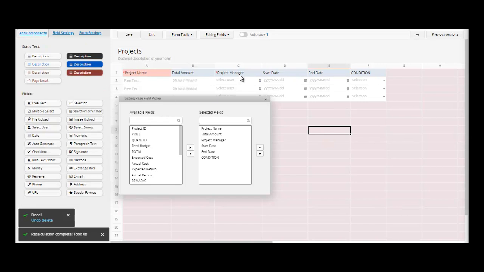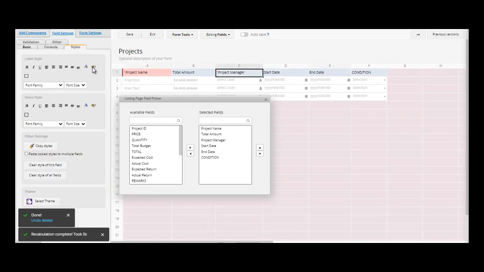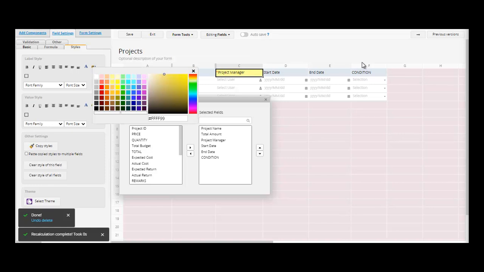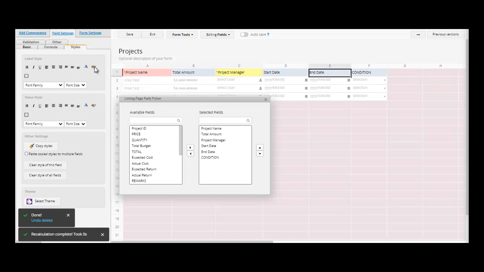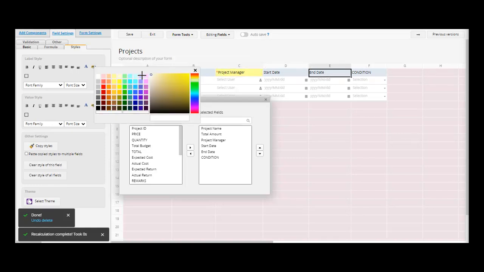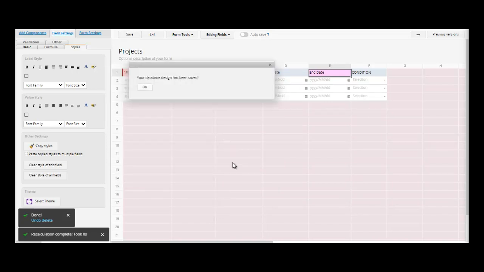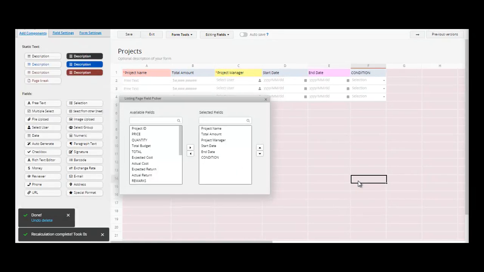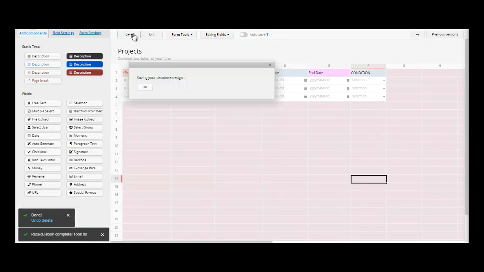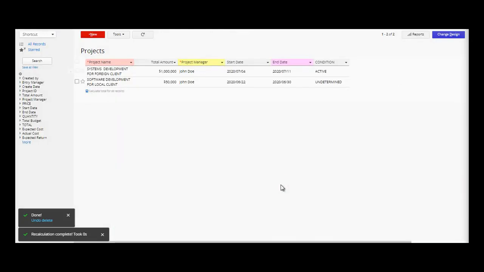Okay, it's good. Change the design so that you can separate different categories. Okay. Let's try to save this. Okay, so let's see if it already has an impact. Okay, that's good. So we tried to add